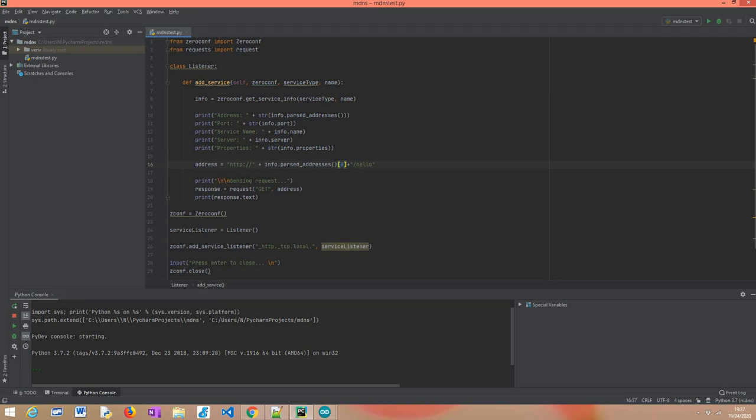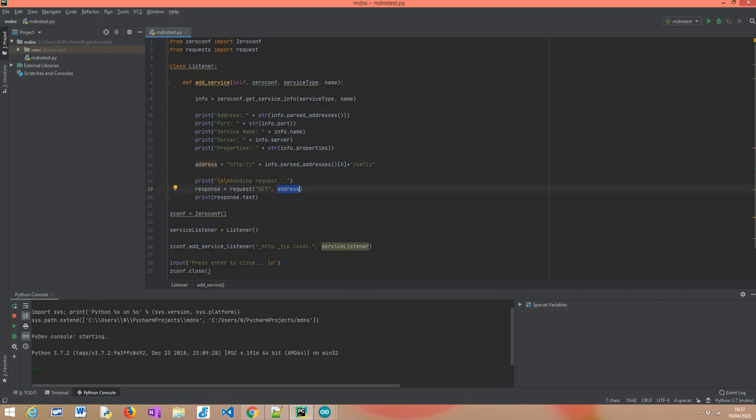specifically here. So after this, we are just going to send a request using the requests library. It's really trivial. You just need to call this request function, passing as first input a string with the HTTP method. It should be GET, like we have exposed in the Arduino code. As second input, we pass the address here. Maybe address is not the best variable name. I would call it URL instead, so as not to be confused with the IP address. So basically, this is the URL of the server that we want to reach.